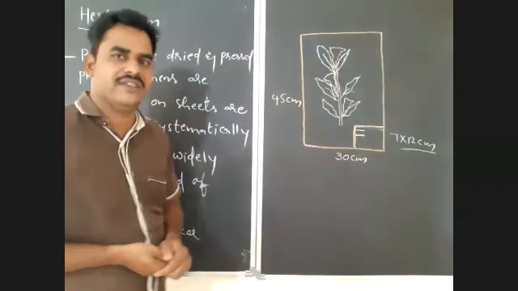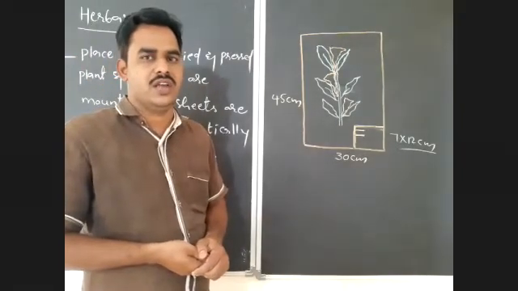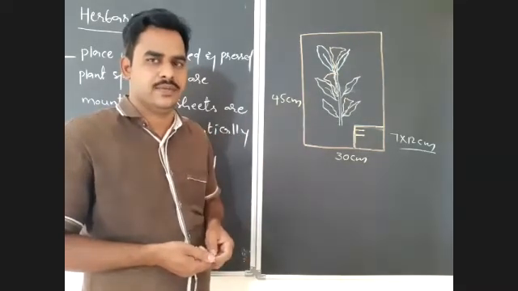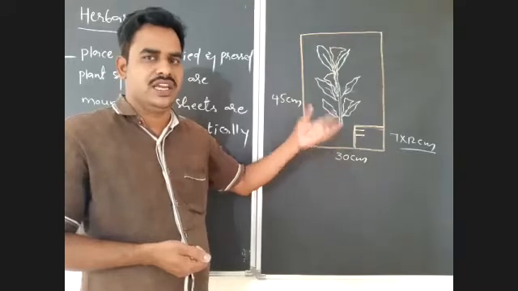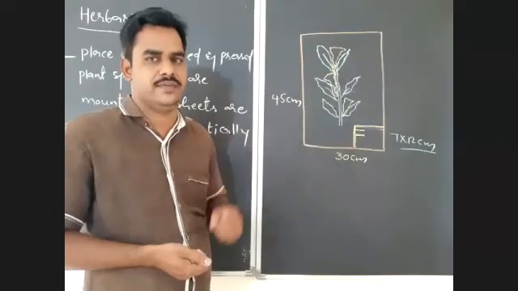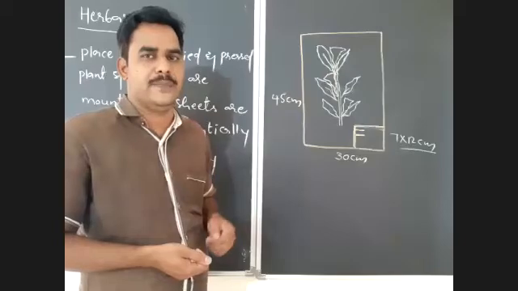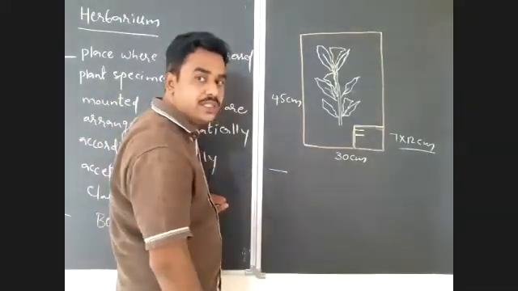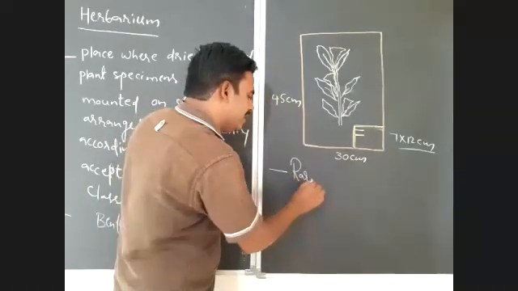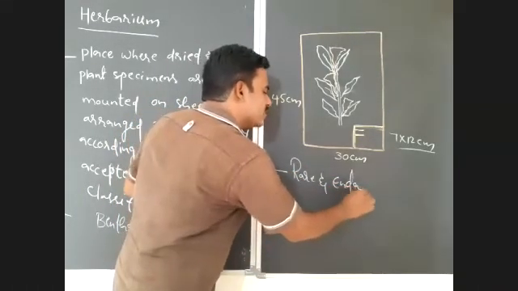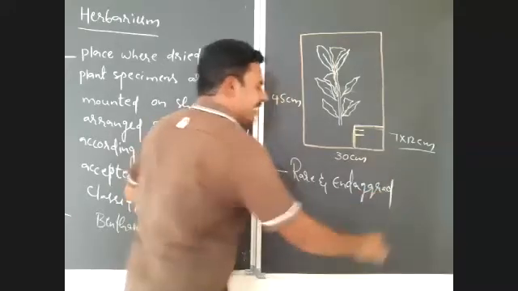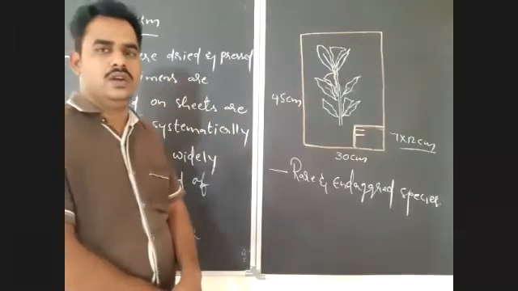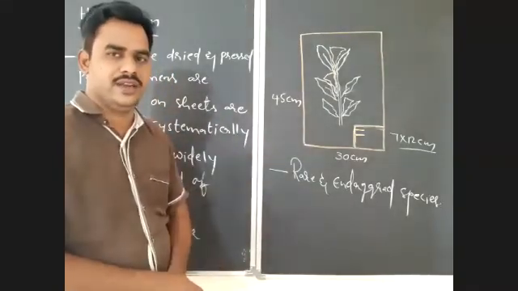So herbarium will provide information about plants which are rare or endangered, if they become extinct in future. The information of that plant is completely preserved here. That we have to know. So, which type of plants mainly do we have to preserve here? We have to preserve mainly rare and endangered species, and also some important medicinal plants are prepared in the form of herbariums, right?